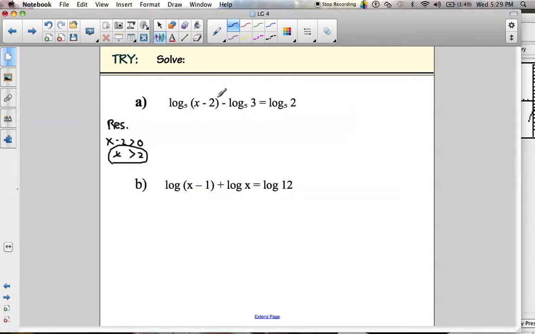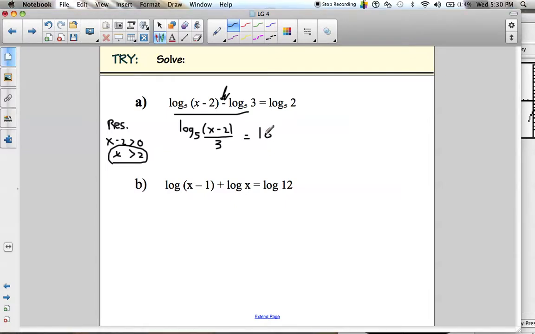Now we're going to solve. Now we have to make sure that our solution is greater than 2. Okay, so let's make this into a single log. So we're going to go log of base 5 of the argument x subtract 2, and it's divided by, because there is a subtraction sign right here. See that subtraction sign. 3 equals